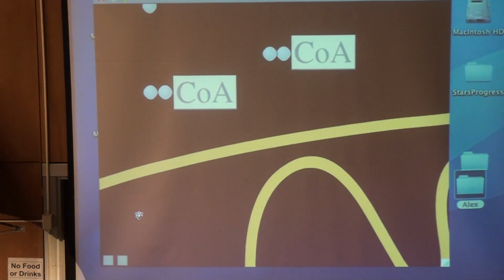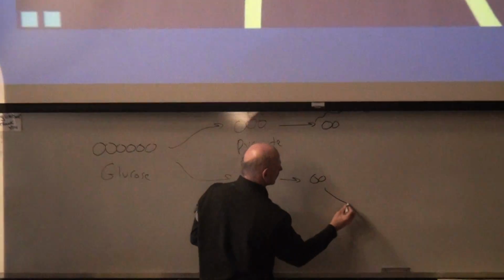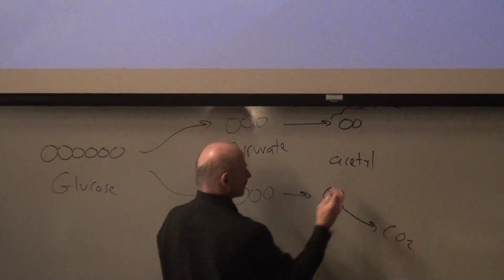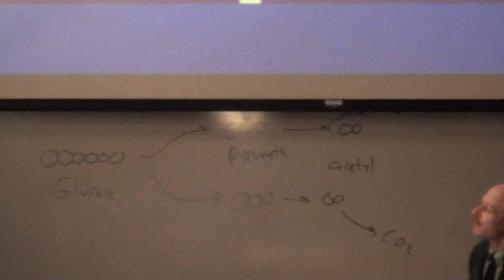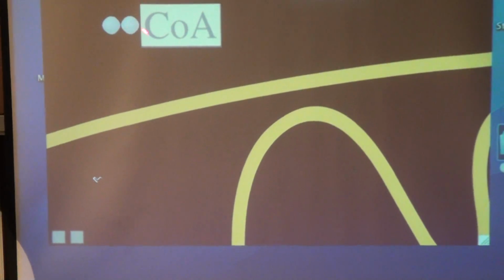All right, so that is the transition step from each pyruvate. Acetyl attaches to a coenzyme A. A couple of the carbons have been lost as CO2s. These are now acetyls. Okay, and lastly, the coenzyme A's will shuttle the acetyl groups that they've attached to